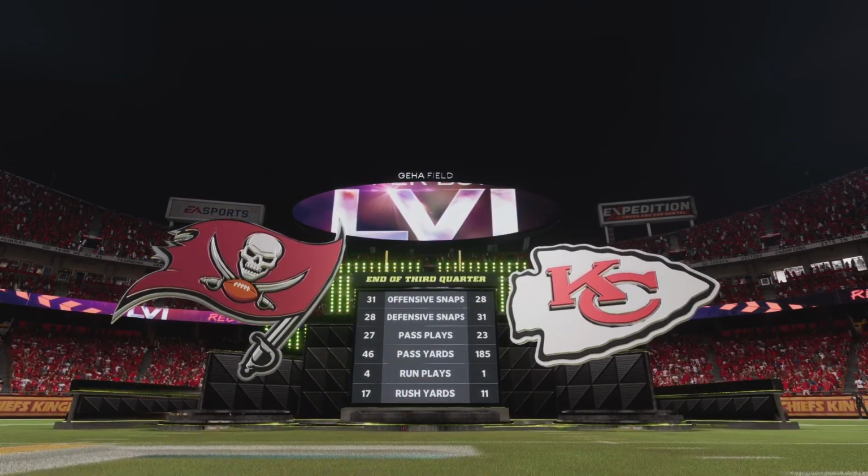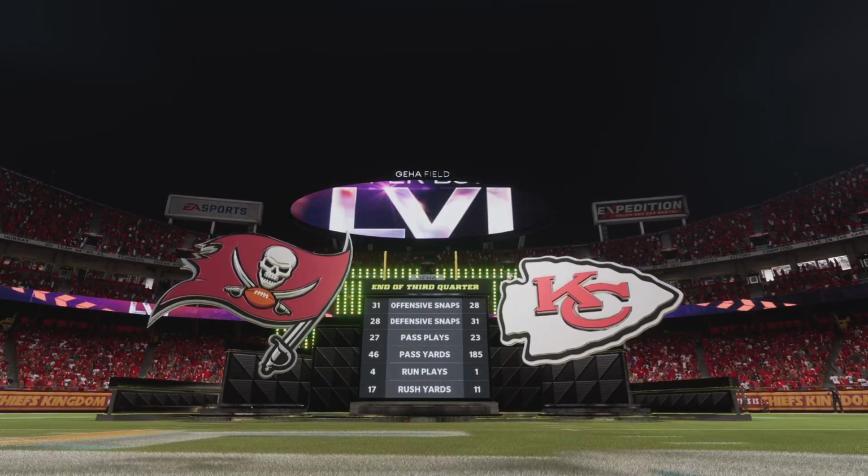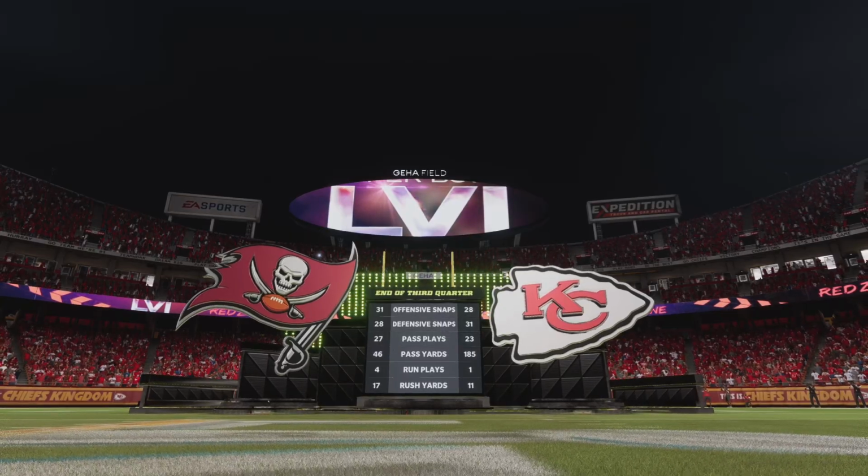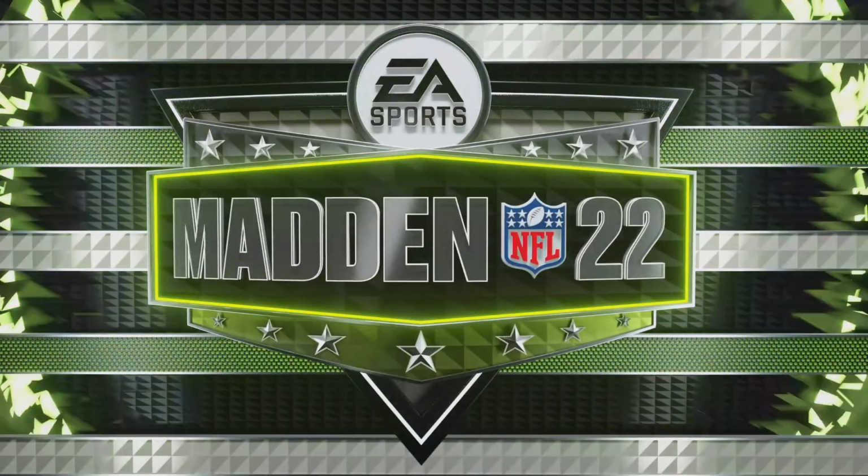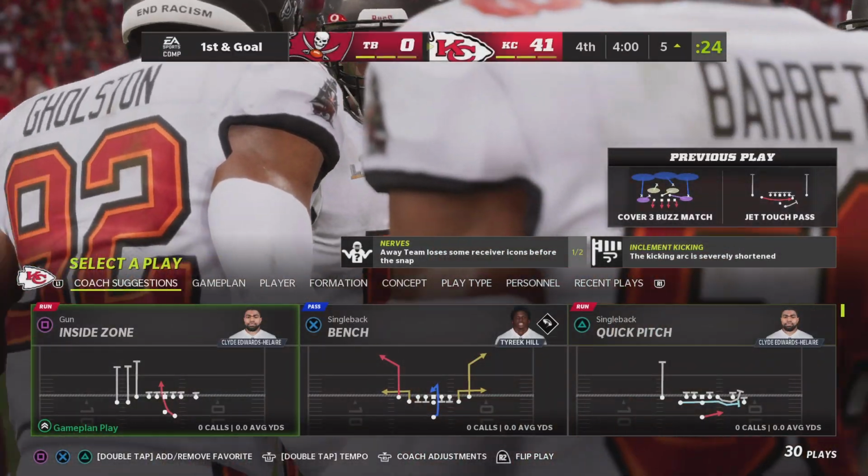You're watching the NFL playoffs on EA Sports. This is the National Football League on EA Sports. Back now here on EA Sports.